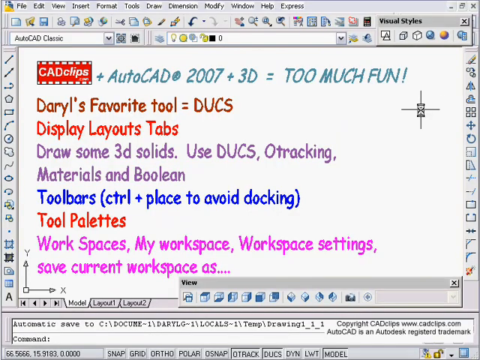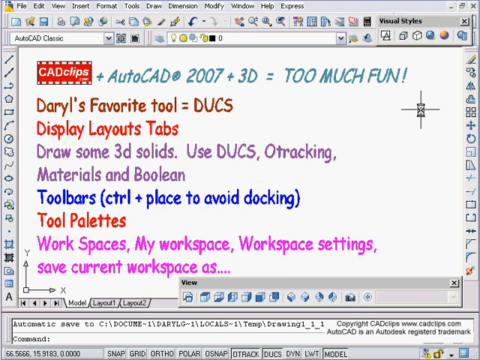Hello and welcome to our CAD clips on AutoCAD 2007 3D. Over the course of these CAD clips, we're going to talk about some great new exciting stuff with AutoCAD in general, coupling that with a bunch of new 3D tools and all the experience that I've had. We're going to cover AutoCAD 2007 3D, and in this lesson we're just going to introduce some of the